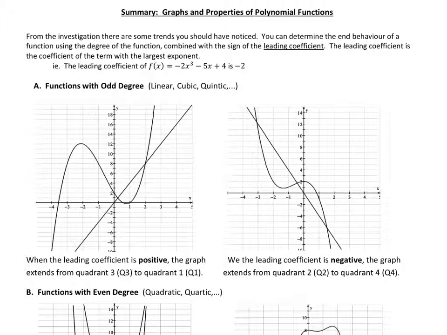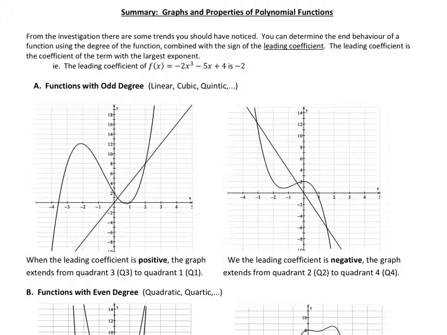So in particular, what will the end behavior be given the degree of the function, as well as how many roots will it have, and so on and so forth. So I was hoping that you would have noticed from that investigation that functions with odd degree, so your linear, cubic, and quintic functions, kind of behave similarly. So for all of those ones that you graphed,